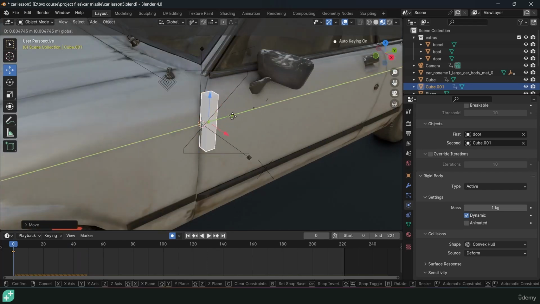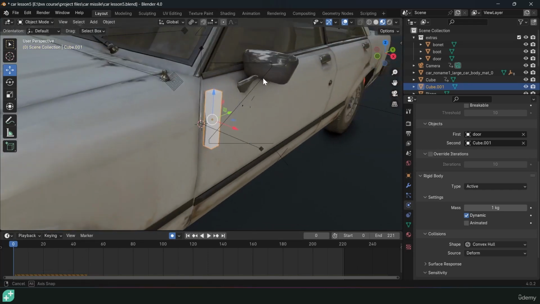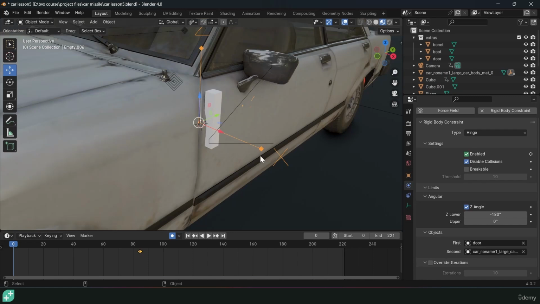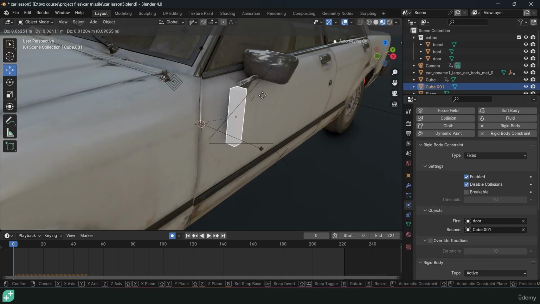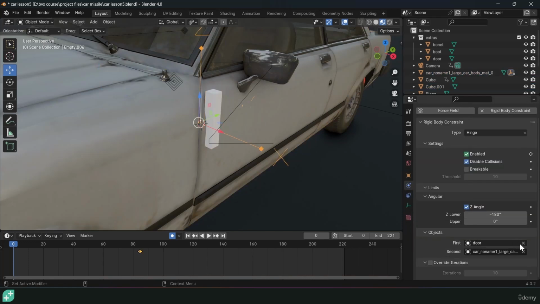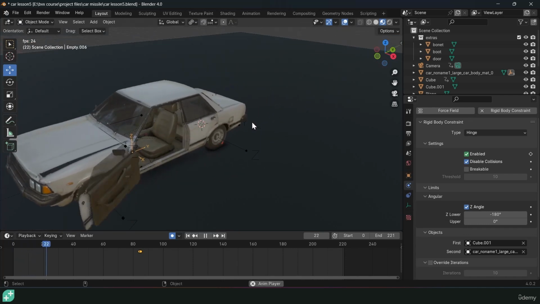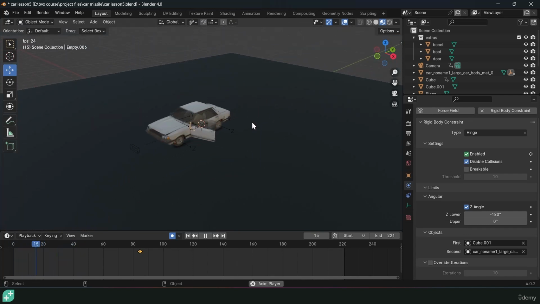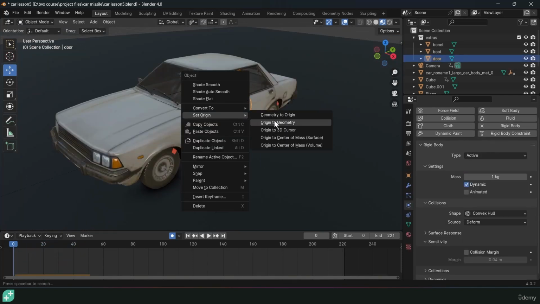The hinge still works, but now we can change this hinge to be connected to this object, this cube, instead of the door directly. So I can remove this to this. And I can now reset the origin